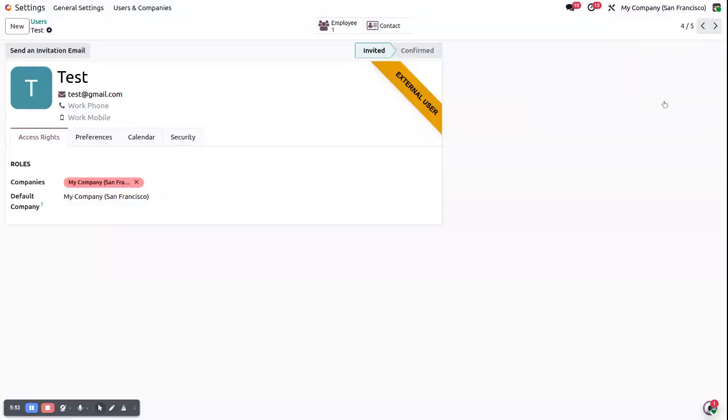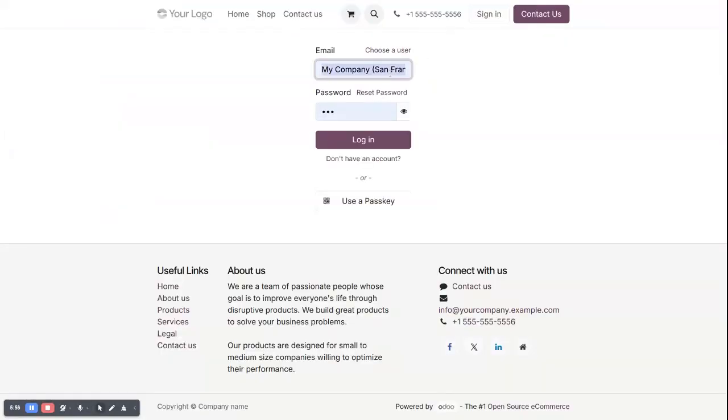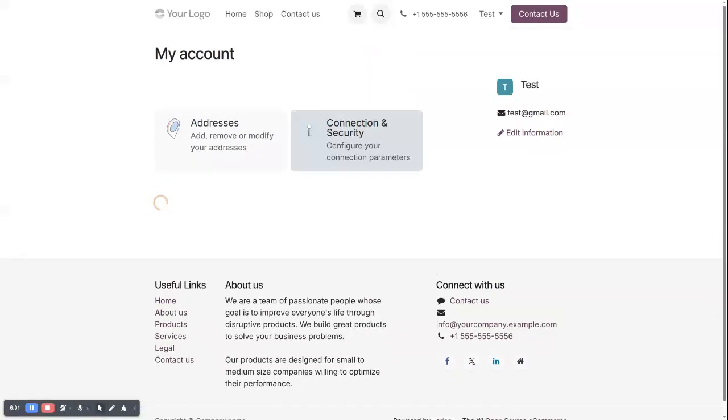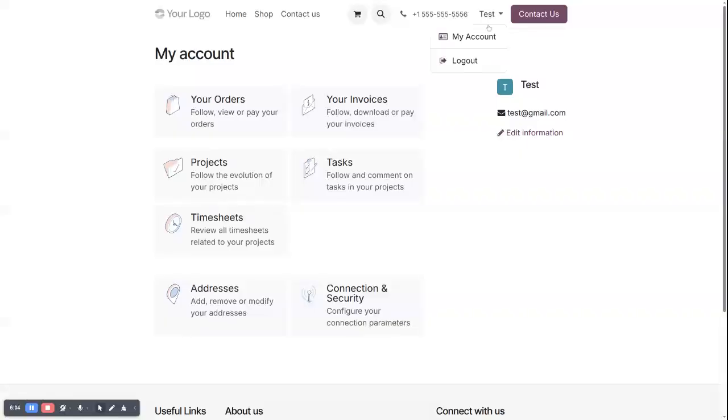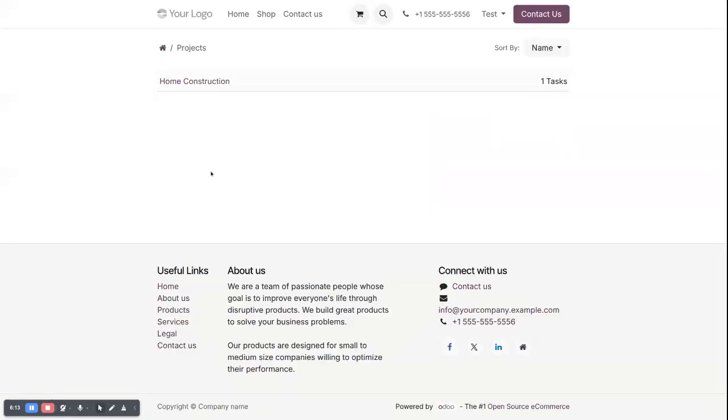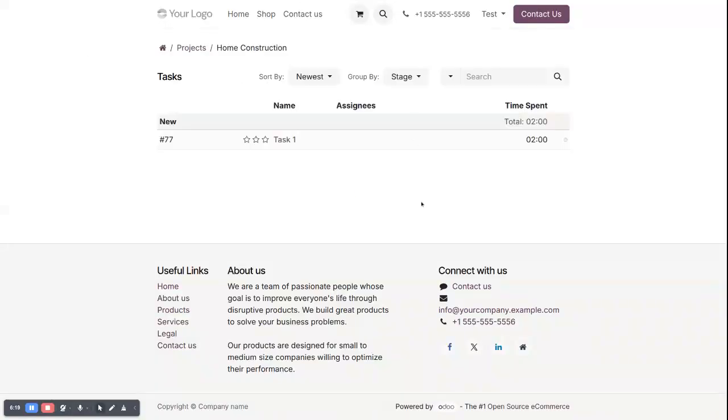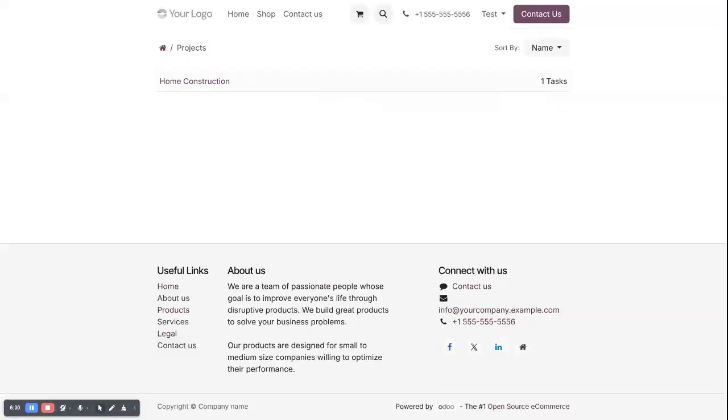And if I log out and log in, let's see, this is the portal user, right? The employee one. And now we can see here projects, tasks, right? So if we click on project, you can see I can access the projects that I have been assigned, right? So I can see in this project we have task one. If we add details like a description, then it will be visible here in the project. And if we go to tasks here